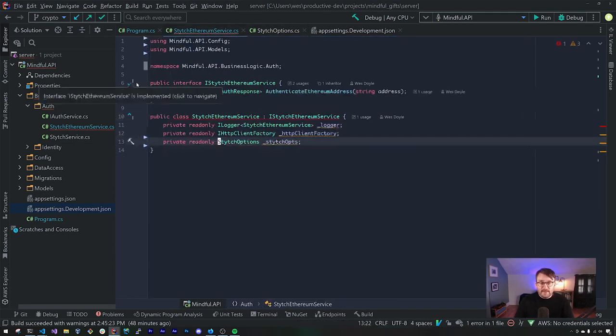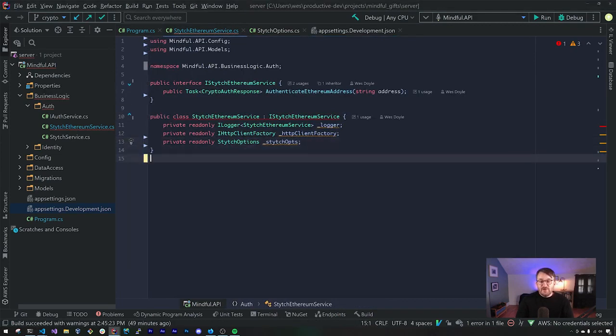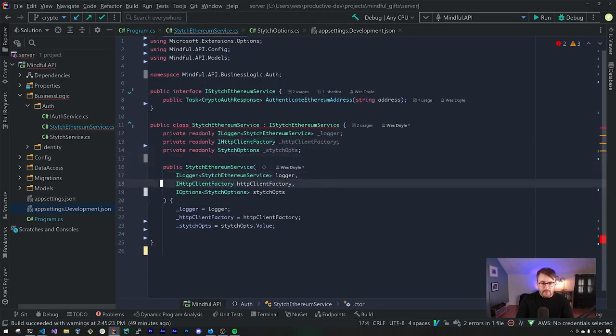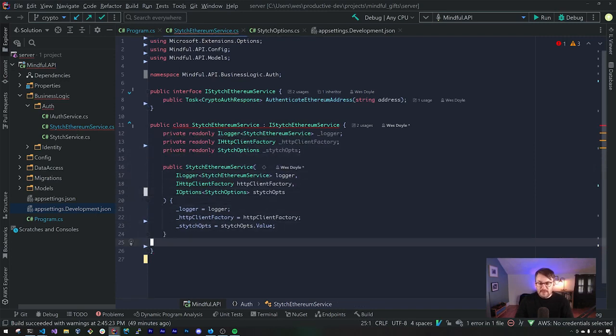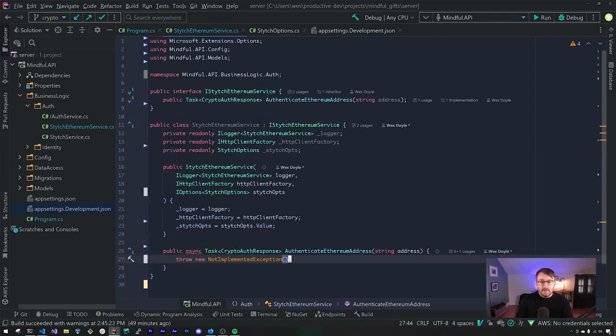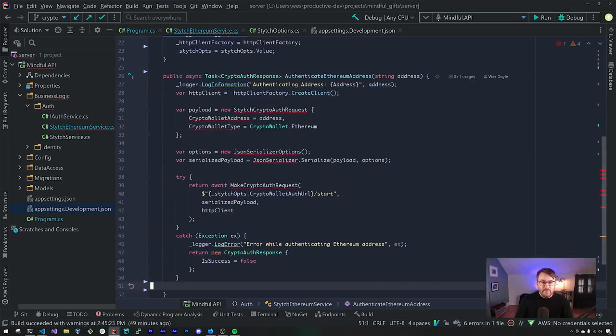Okay, so let's head back into Stytch Ethereum service. We're going to go ahead and create our constructor and assign values to those backing fields. I'm using the options pattern here to wire up our configuration for our Stytch options object, and we'll go ahead and implement our interface. Now here, things are going to be quite simple,